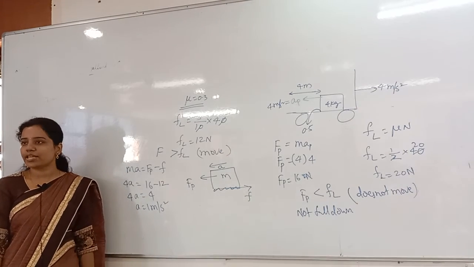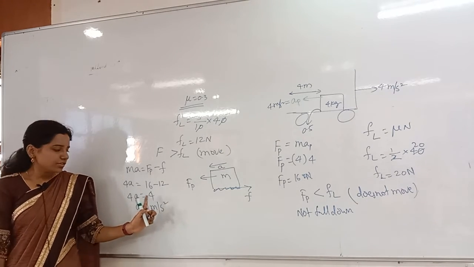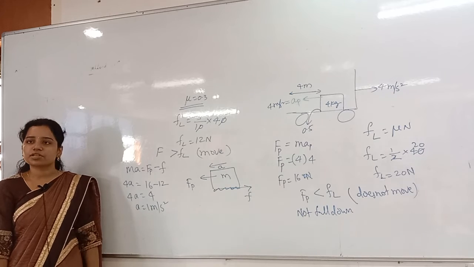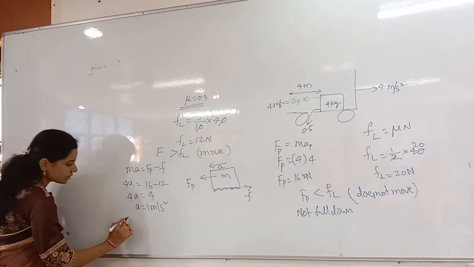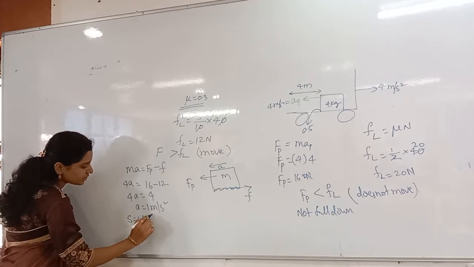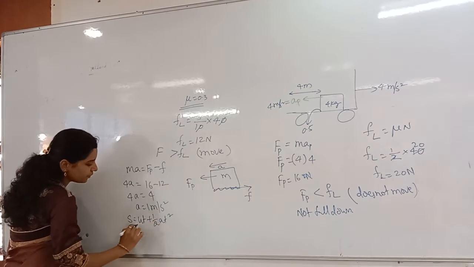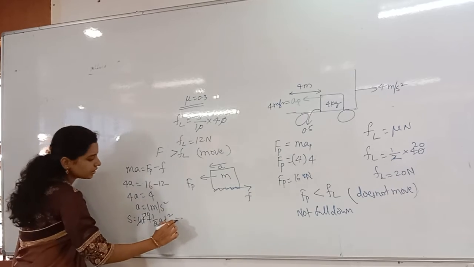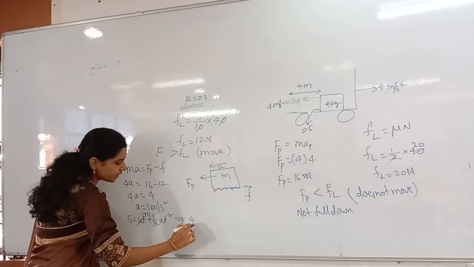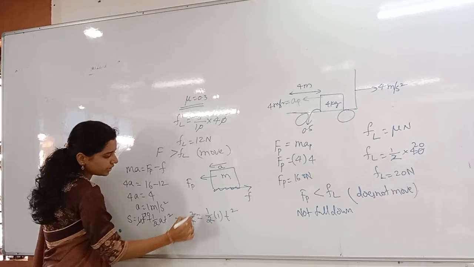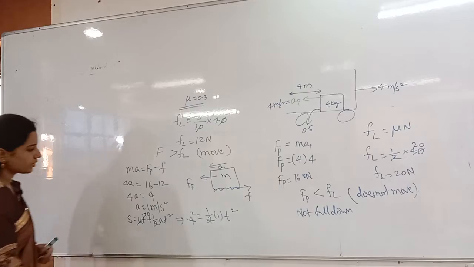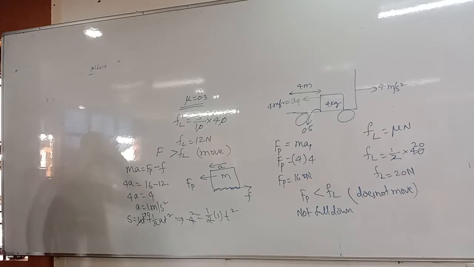You understand the loophole right there? Yes, everybody. So a equal to 1 meter per second square means what you have to find out now? Time taken. So s equals ut plus half a t square. Before it was at rest, so the distance, how much are they saying? 4 meters is the distance. 4 meters equals half into a, which is 1, into t square. So what will we get here? t is equal to how much? Root 8, that is 2 root 2.